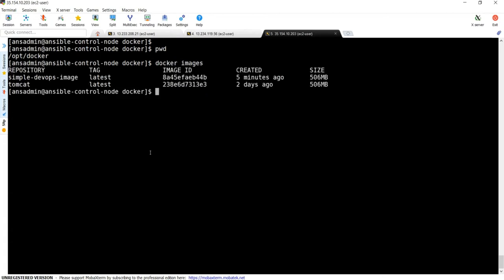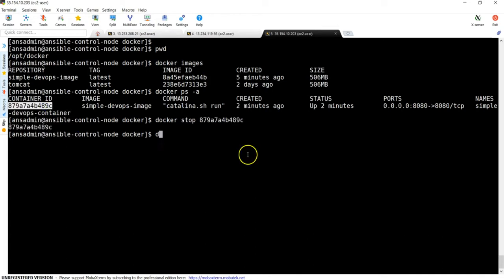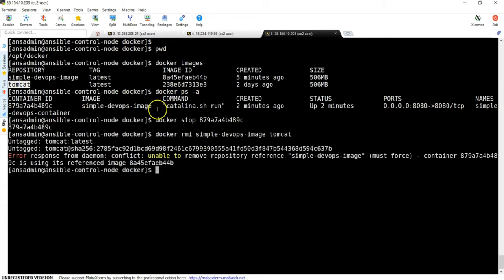This was created from the previous video. First let me remove the container: docker stop container name, next enter. Docker rmi to remove images and your image names.